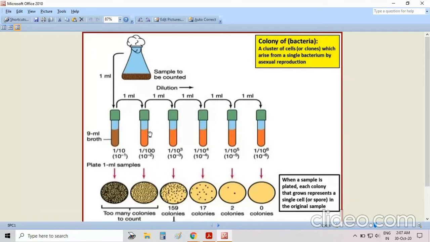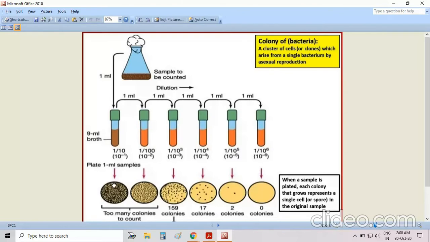Out of this, take 1 ml and add it in the second petri dish. Again, from this diluted water sample, take 1 ml and make it up to 100 ml by adding distilled water. Then take 1 ml of this in the third petri dish. Like this, you do the dilution, and in each petri dish you add 1 ml of water sample. In the first petri dish it is as it is, but in the second, third, and fourth, you subsequently dilute and add 1 ml each time.